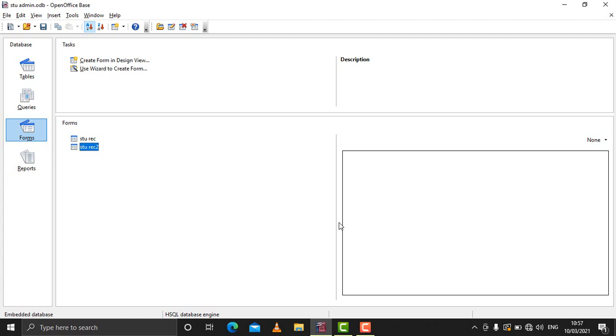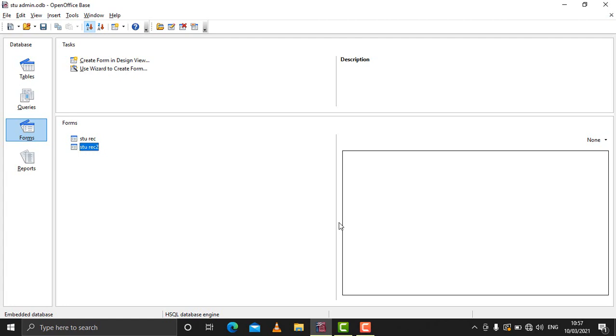They can view the data of only those fields, they can alter the data, they can delete data, and even enter new data in those fields. So we can say that forms are the interactive way to let the users enter new data or modify the data. That modification will be reflected in the table with which the form is associated. So we will see how to create form using form wizard.